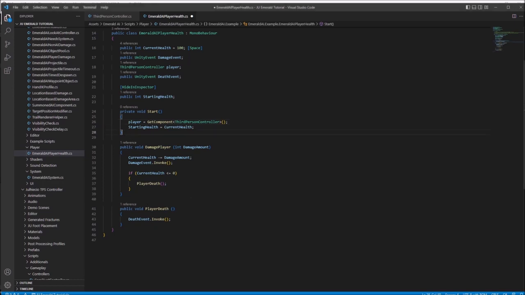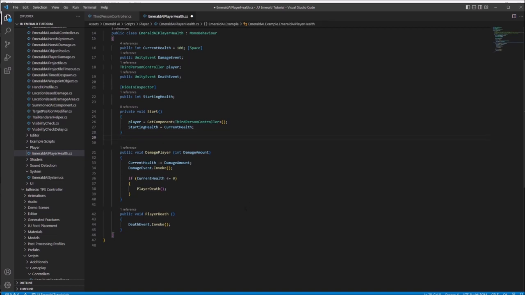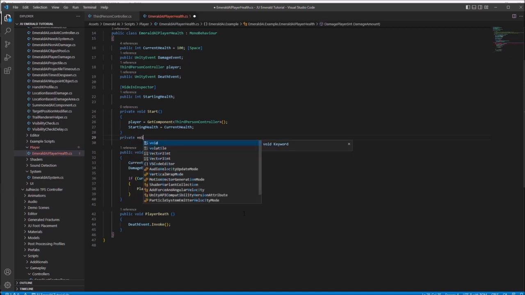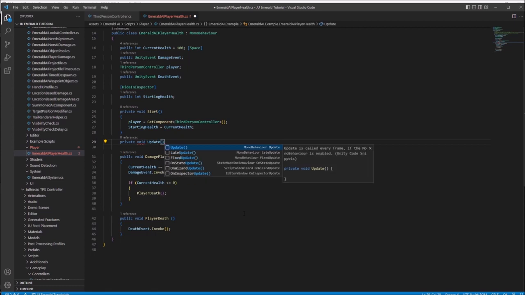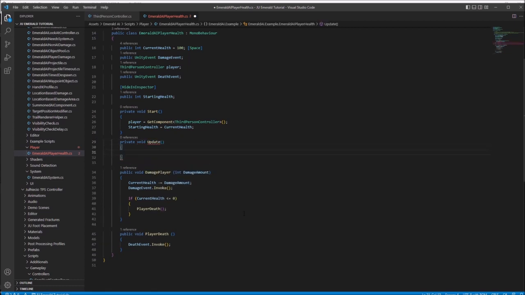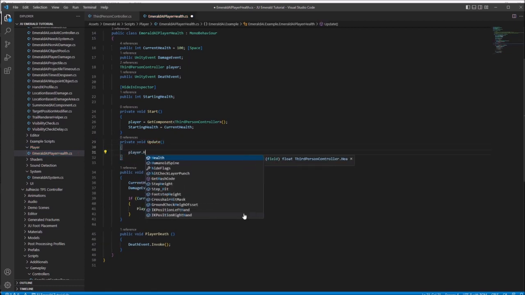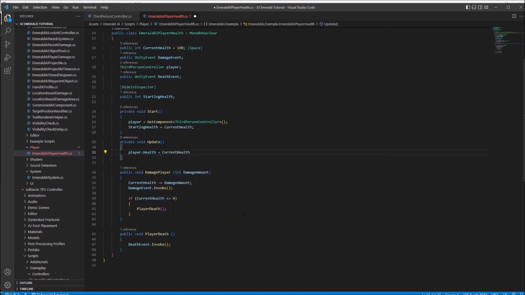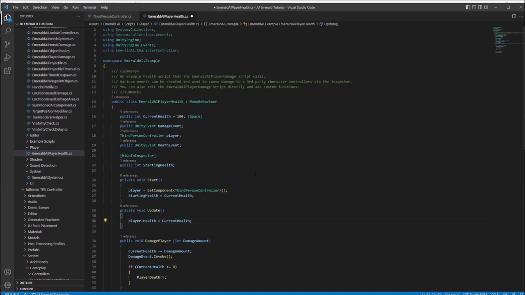So under the start method, we will just create a private void Update. And that should be all we need to do for this. So if we save that,